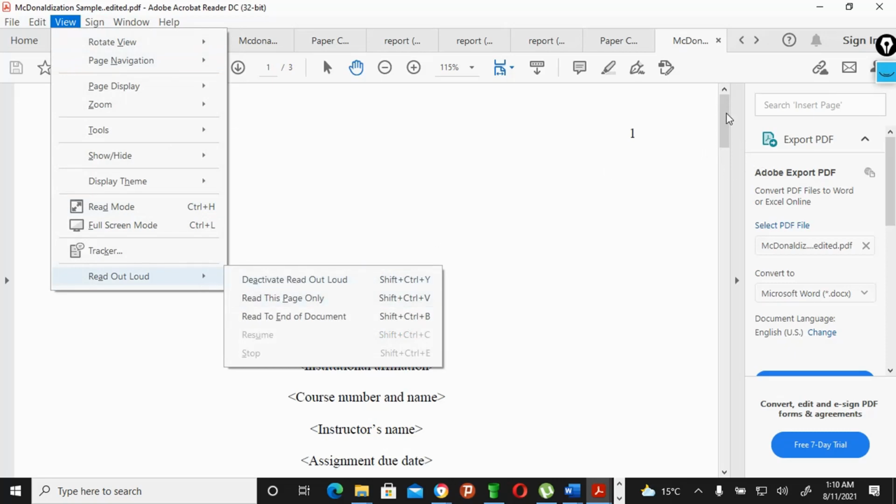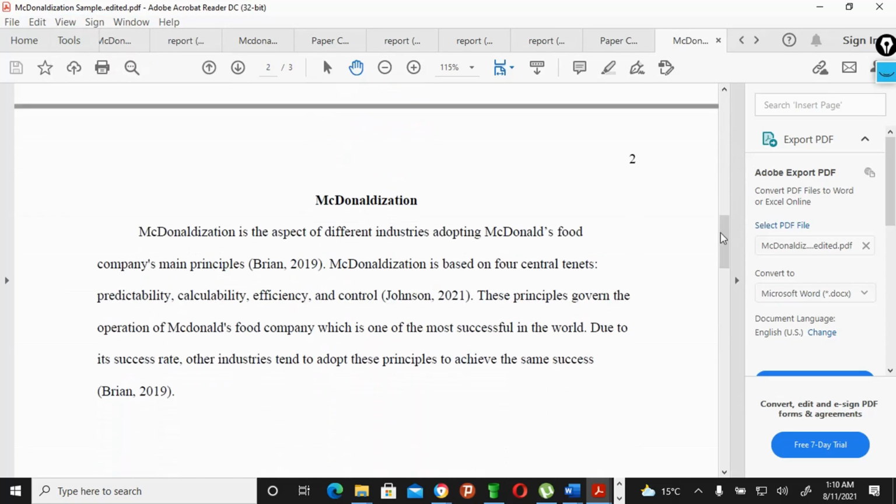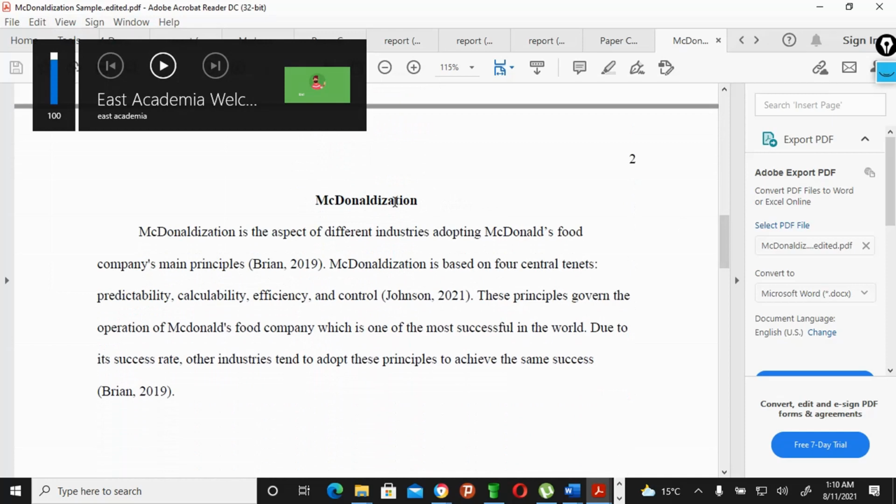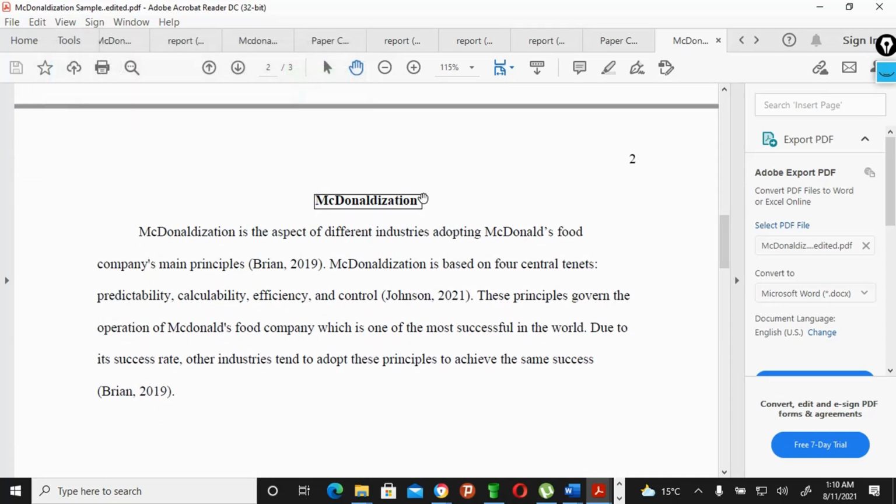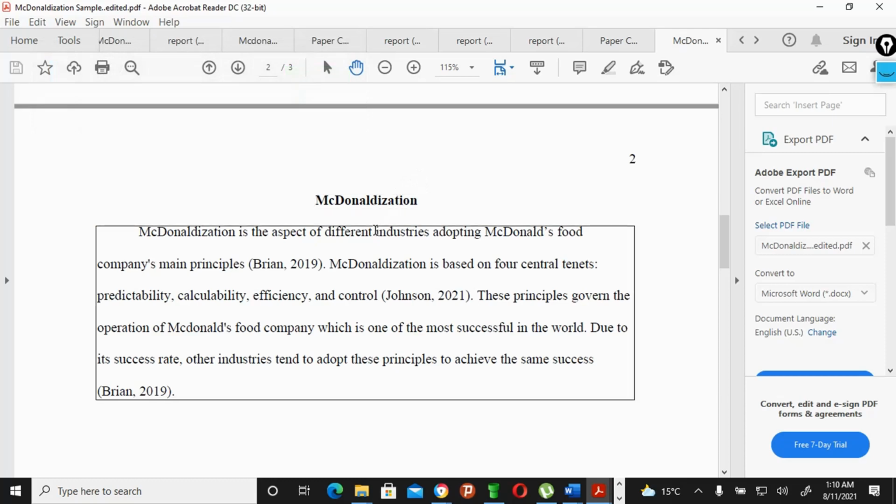When I activate, I'm going to let it read for me while I listen and see where I can improve my document. McDonaldization. So that's reading for me, and I'm listening. McDonaldization is the aspect of different industries adopting McDonald's Food Company's main principles. Brian, 2019.